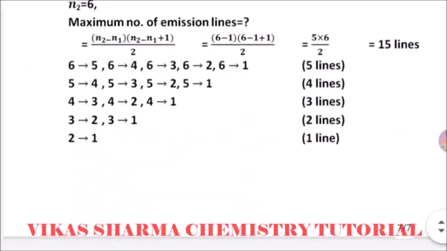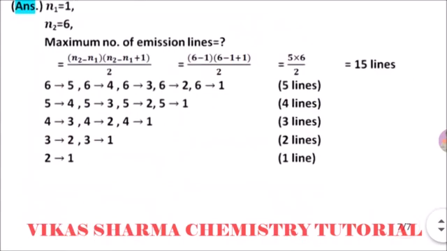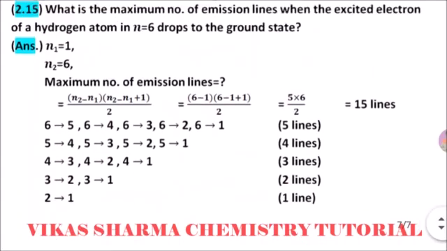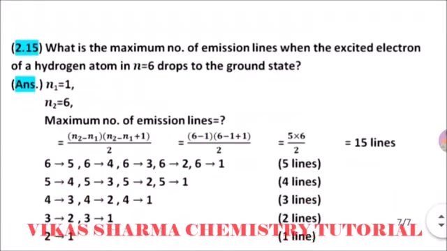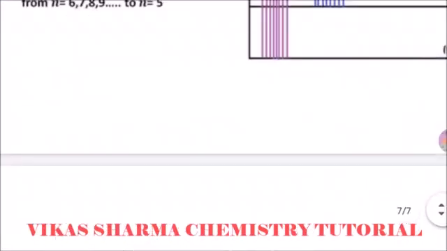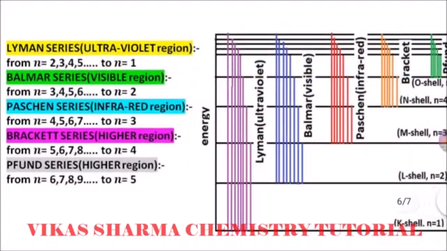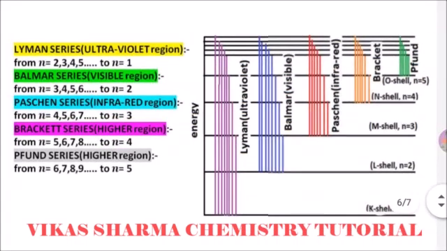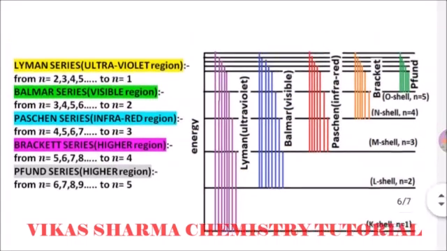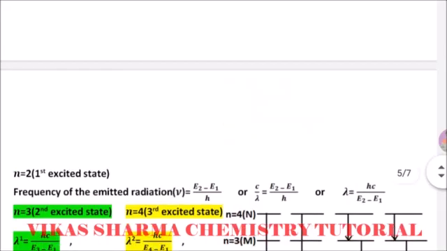So students, I hope you understand this type of numerical, and the different types of line spectra shown by the electrons. The question tells us the excited state of the electron, the outermost, and the ground state is always 1. So different line patterns are shown for this reason. So we revise the chapter topic also: the different types of series, Lyman, Balmer, Paschen, Brackett series. We can see visible lines only in the Balmer series, and these are the conditions of the electron when it jumps from a higher zone to a lower zone.